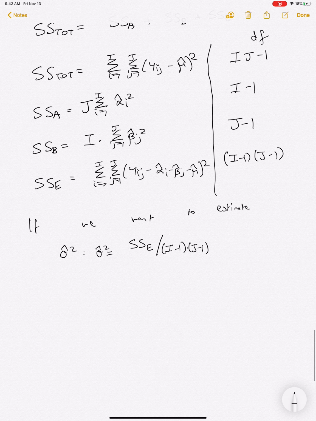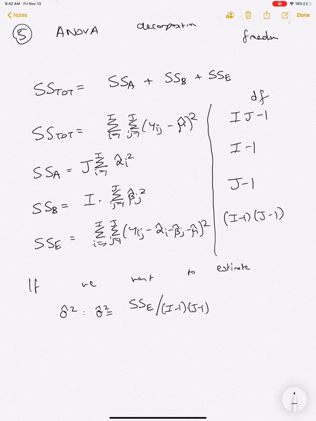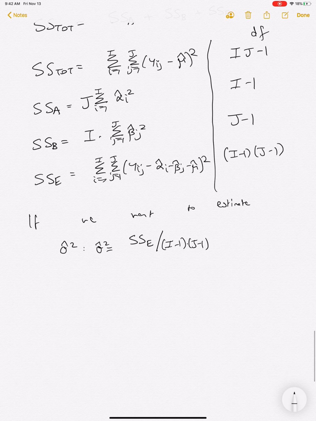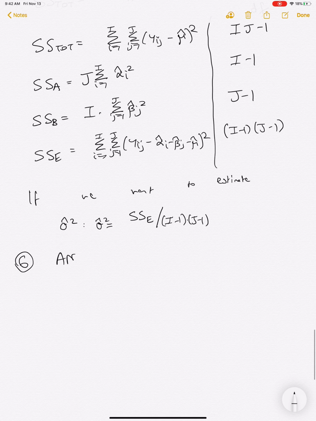So this is an idea of this decomposition, and often the hardest degrees of freedom to work out is for the SS error. If you're confused, you can do that by just subtracting the degrees of freedom of A and the degrees of freedom of B from the total degrees of freedom. And so this brings us to the final thing, which is the ANOVA table